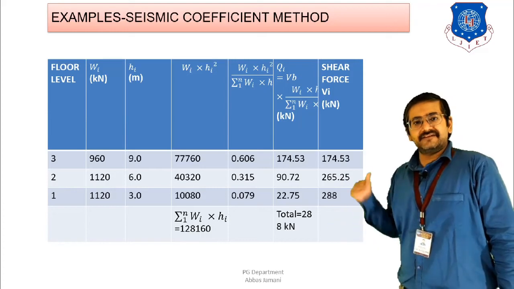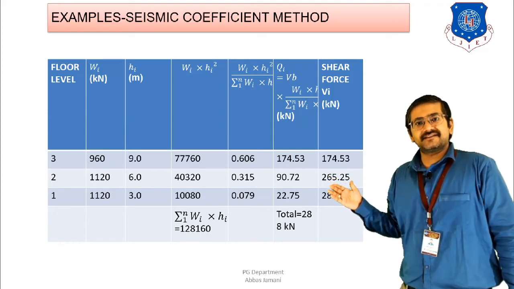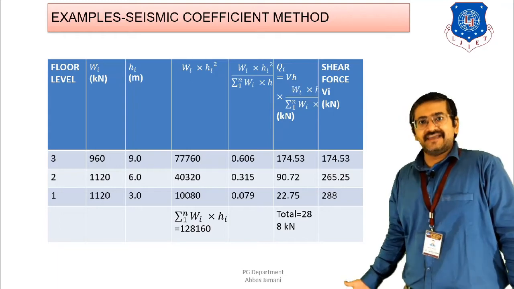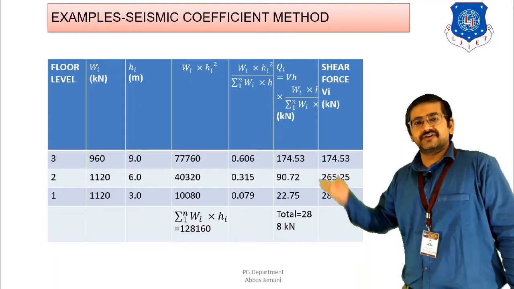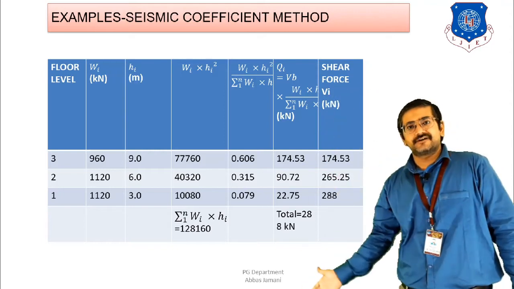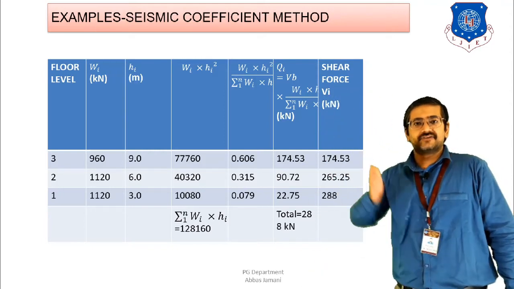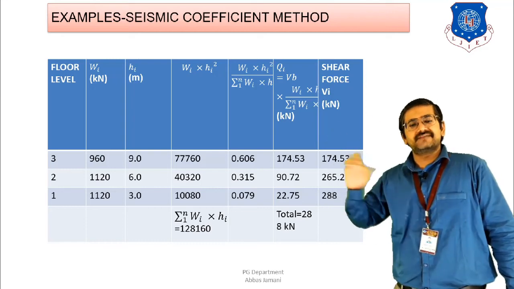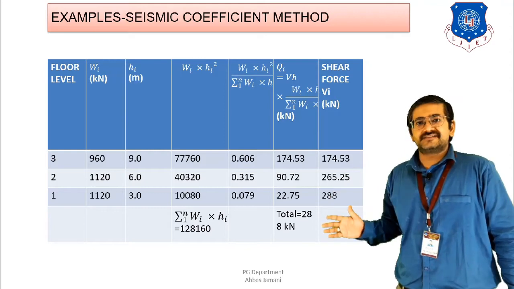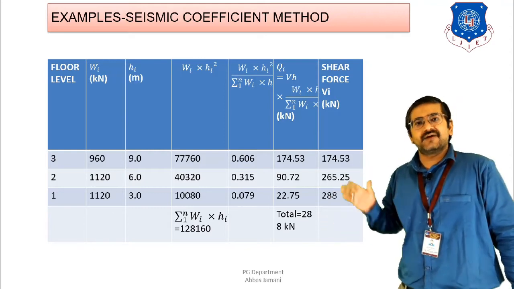Why am I writing in the reverse manner? Because the total concentration of the base shear is going to be at the base level. The highest value of base shear is going to be at the base level, because our purpose is that the total lateral force from the top of the building should be transferred to the base level. So the entire lateral load that acts is going to be transferred to beam, column and slab, and finally it is going to reach the base level. So the highest value of base shear for any building is going to be available only at the base level, right?